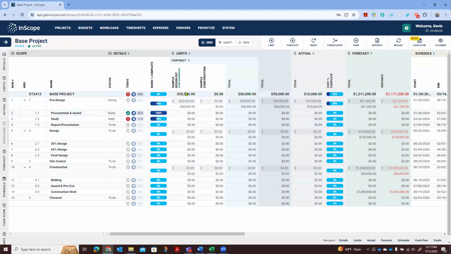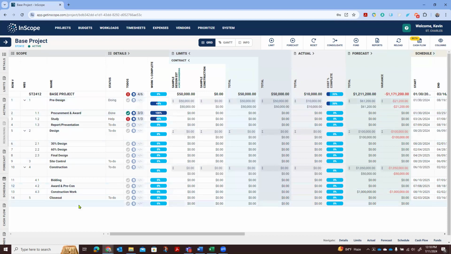So the idea behind this is how can I get as accurate cash flows as possible? Because if I can get more accurate cash flows, I know where I stand on my budget, then I know how much budget I have available. I might be able to do other things with that budget. And so we'll see how this plays out here in a minute.